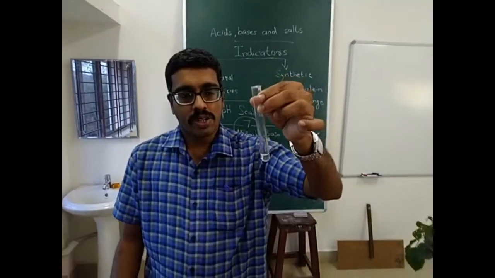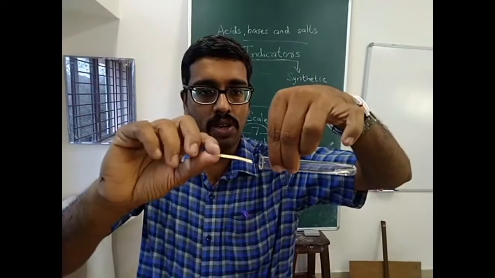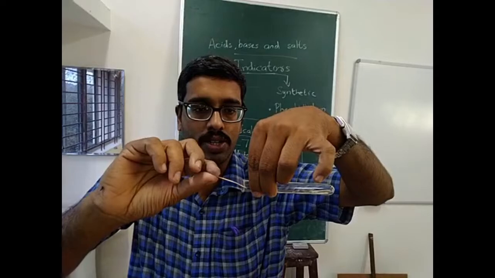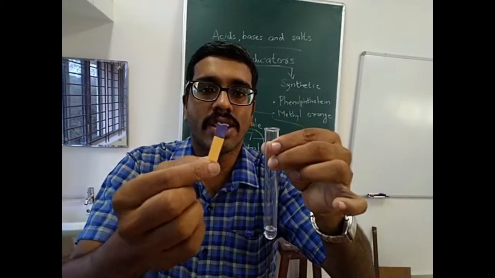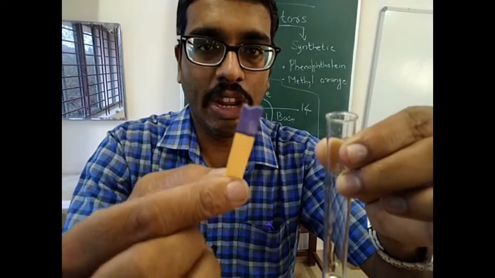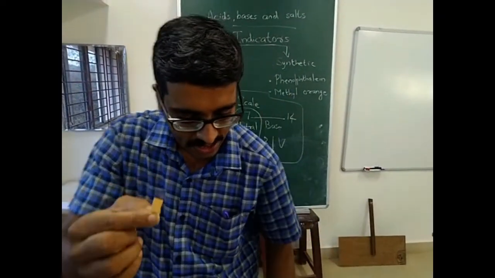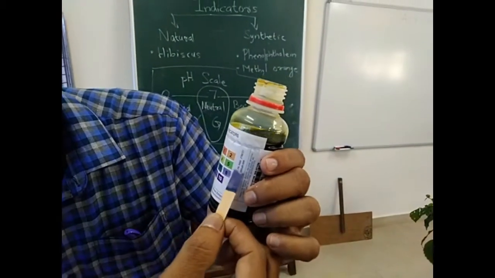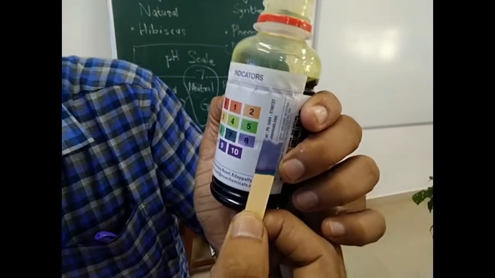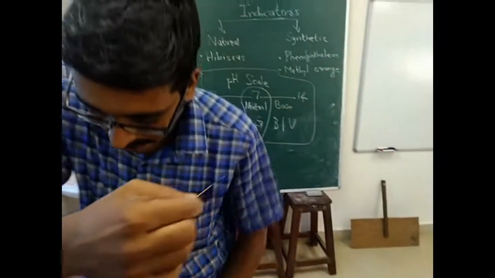Again we have a solution. A piece of pH paper, trying to insert or immerse the pH paper into the test tube. You can see which color is this? Somewhat violet or indigo color is there. So what does it indicate? Indigo color means the pH may be 8. It is somewhat similar to a pH of 8 or 9, in between, I think. It is clear. So it is a base.